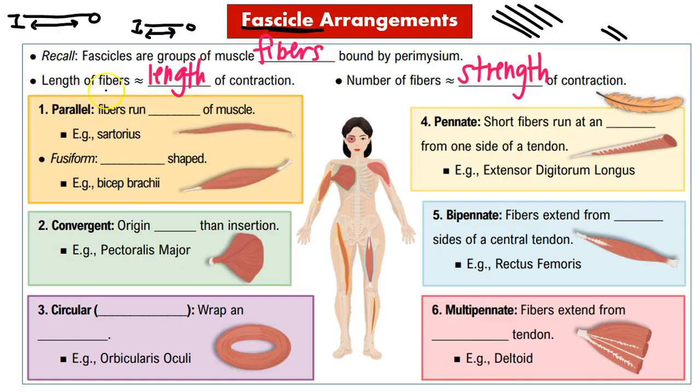Let's get to it. Let's talk about the length of the fibers. Remember, we can also think of range of motion. It's going to have a larger range of motion because they're longer. And the first type is going to be parallel. That means these fibers are going to run the length